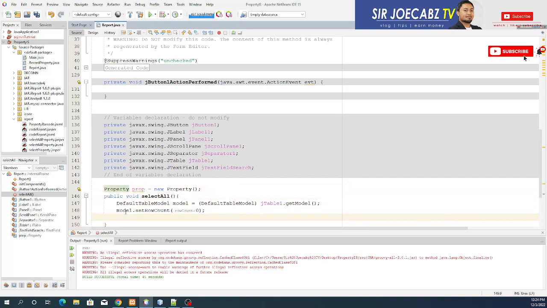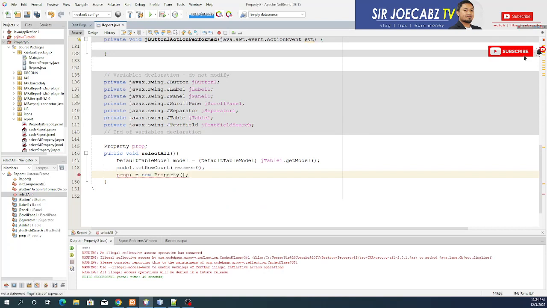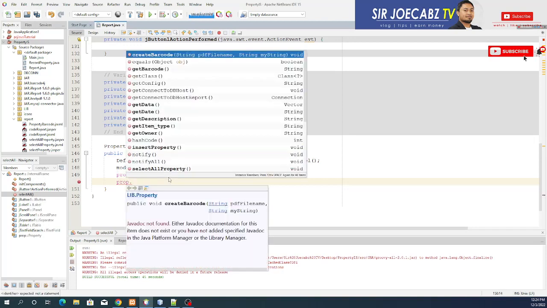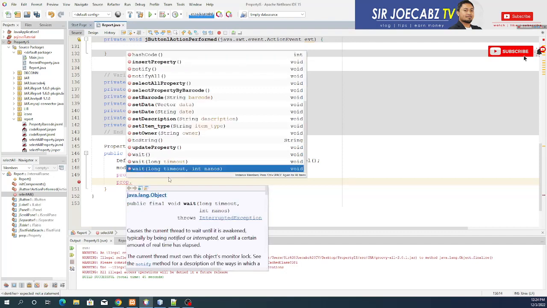Okay. It's better to declare first, and then Control C. Just declare here so that it will be clean every now and then. Okay, and next is prop that, let's call all the methods that will display all the information of the property,